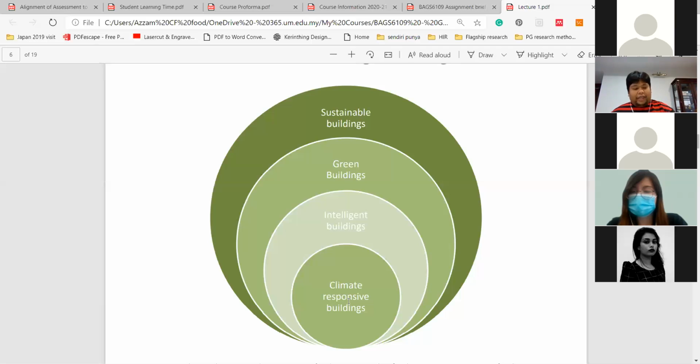Having said that, only one green building will not be sufficient. As I showed you earlier in the other diagram, you need a lot of green buildings to get everybody to have the benefit. So you probably need a group of sustainable buildings. When you talk about sustainable buildings, you've got a group of green buildings, but you also add to them a series of municipal or city-wide